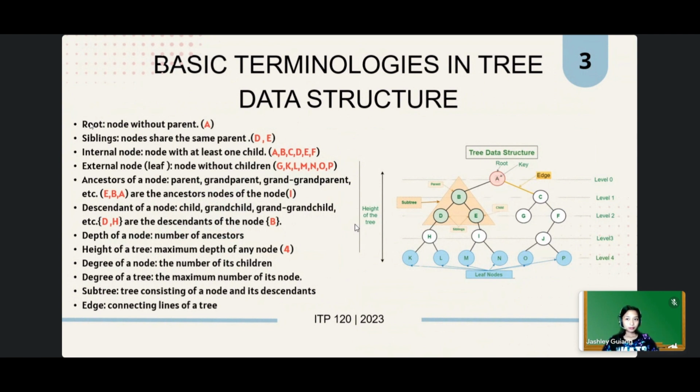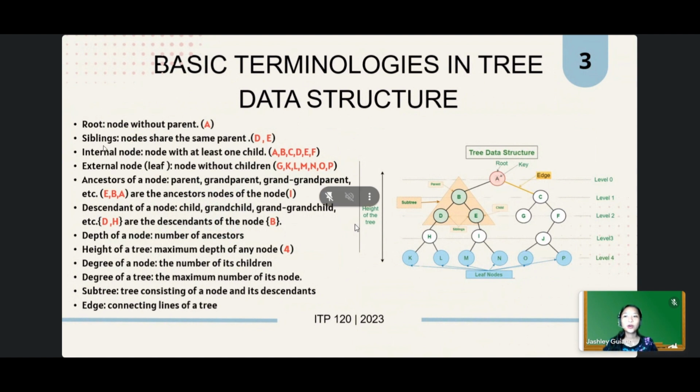Okay, before anything else, I would like to say that this part, as you can see, the A here, the C, all of this in a circle is what you call a node. And this A, B, and these alphabets here are called the data. So this data is inside a node. And just like a form or a structure of a tree, kasi